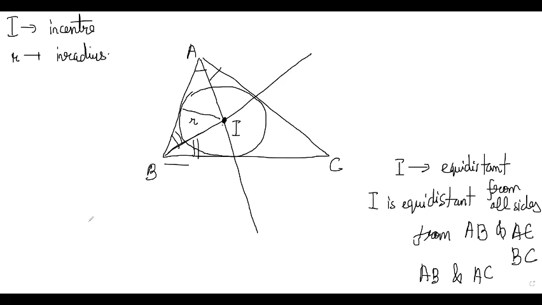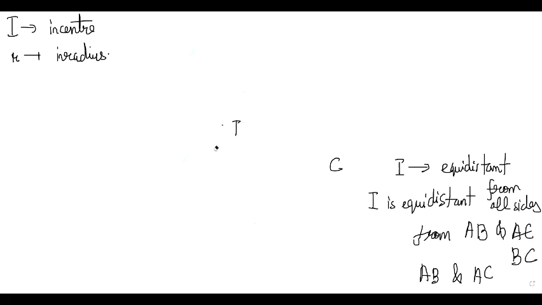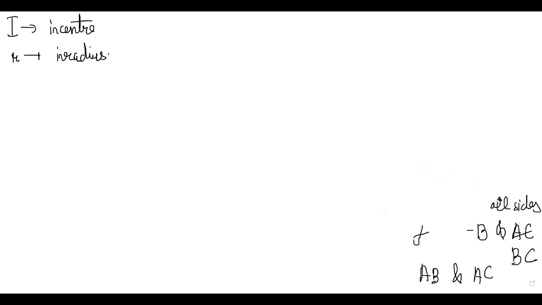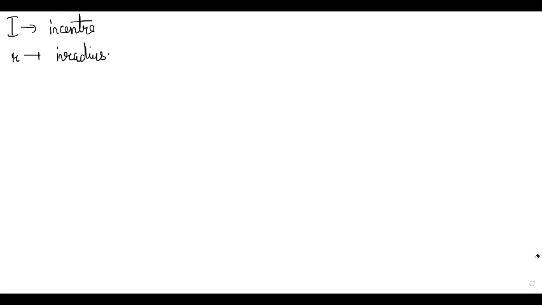Now, what we need to do here is figure out a couple of things. Like, can we find out the formula for the inradius easily? That is what we want to find out. And there are 2-3 versions of the formula that we will see. So delta by S is one version. That is a very easy proof, delta by S.